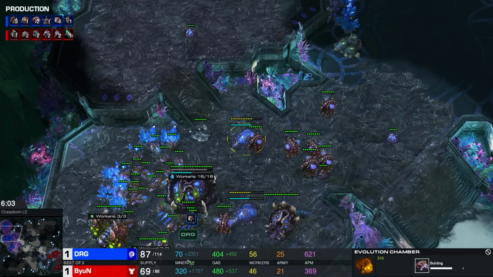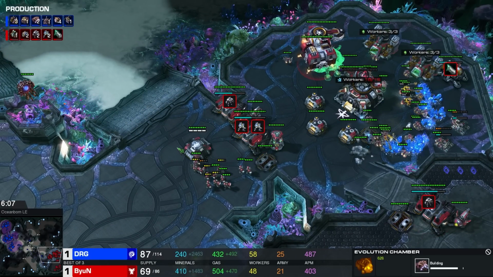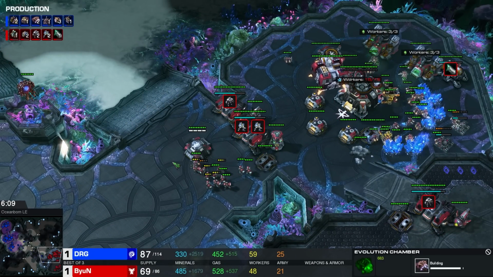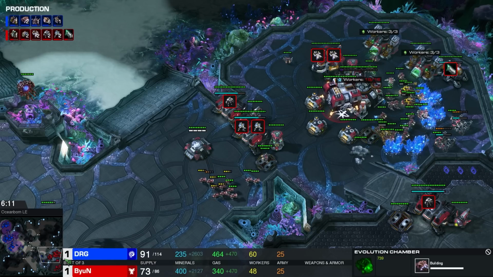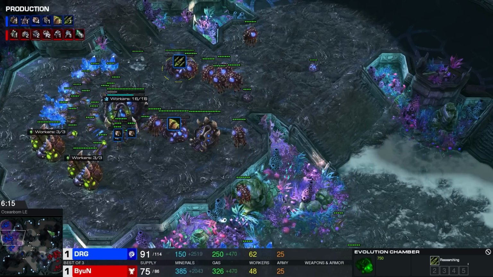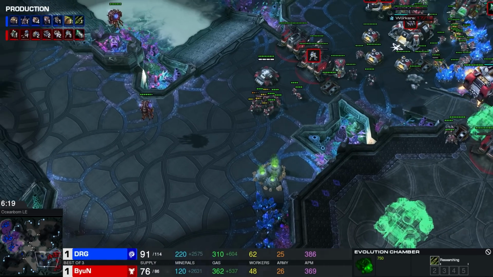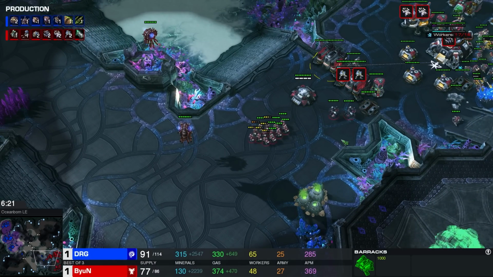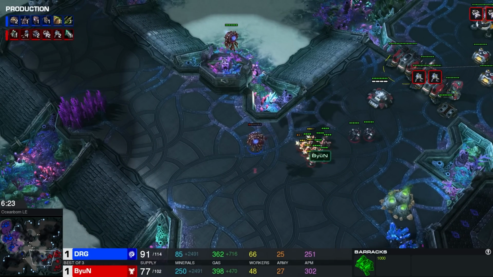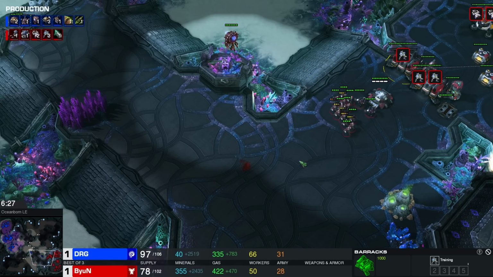Getting two Evo chambers. And the question now is going to be, will that be for melee and carapace, or is it going to be for range and carapace? The worst case scenario here for ByuN would be a range upgrade, because that means it's going to be roach defense. And if there's one thing I know about the TvZ matchup, is that the moment that Terran decides to go for a heavy 2-base pressure and Zerg defends with roaches, that usually looks real good for the Zerg,